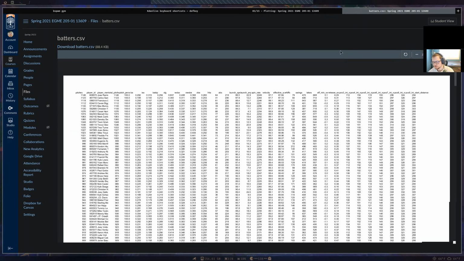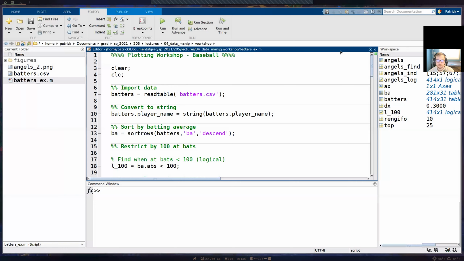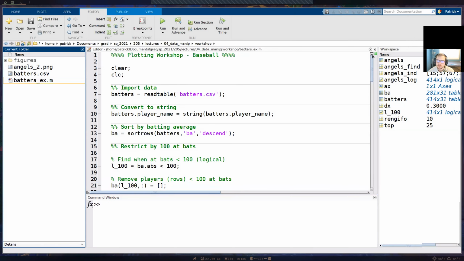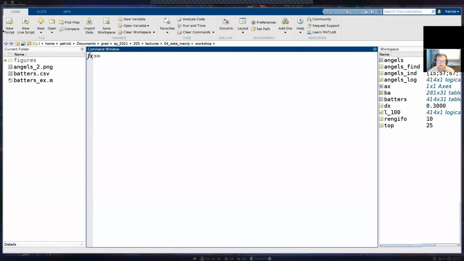Alright. So this is what some of the script looks like, but I'm going to make a new script right now.